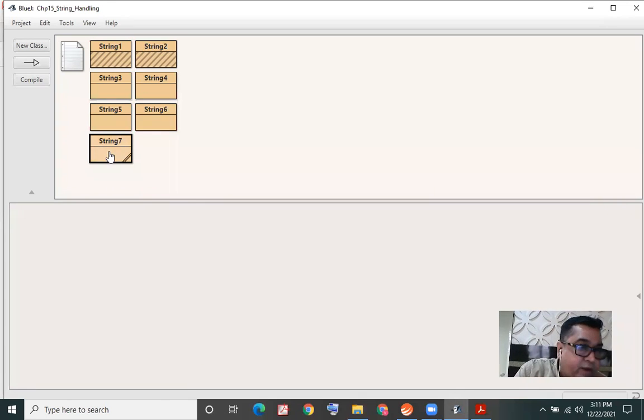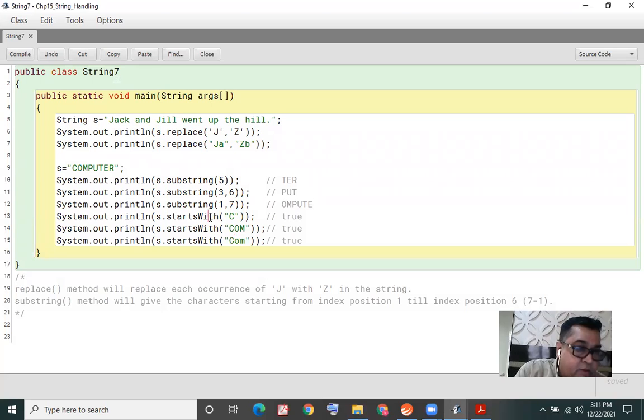And here we don't have anything like ignore case. In starts with, we don't have any option like ignore case over here. So don't expect that. So we got the output false in this case.